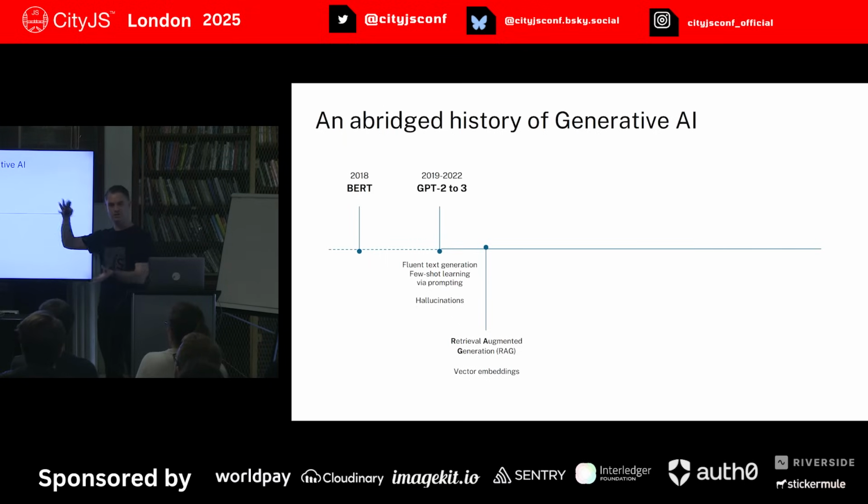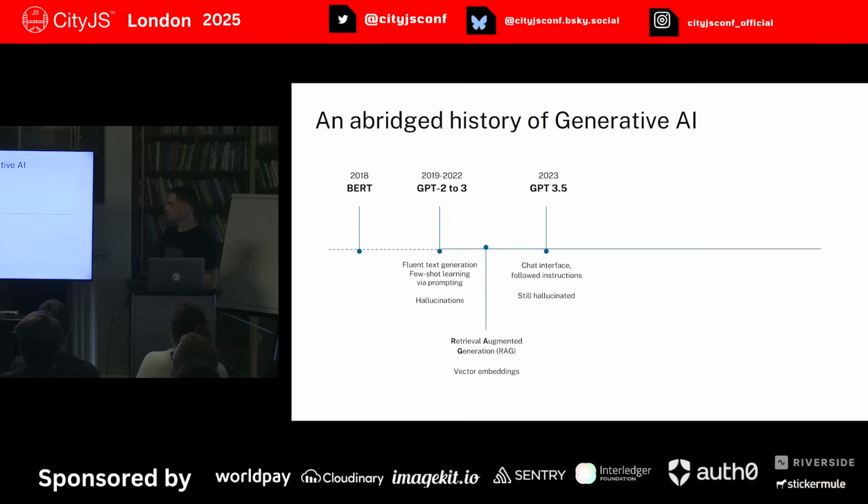Now, with the technique of retrieval augmented generation, this is the technique basically where you usually take all the content, chunk it into smaller chunks, create vector embeddings of that, and then somehow surface that information and inject it into the prompt to help improve the LLM's generation. But I think, as Kent said this morning, things really exploded with GPT 3.5. So not only did you have a model that was capable of following instructions, but a chat interface that meant that anybody